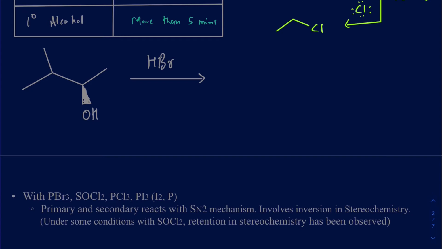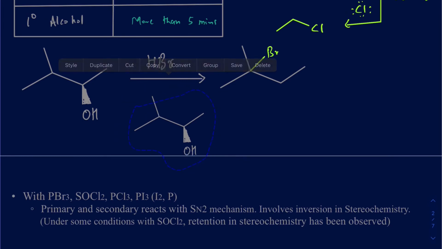Now, you may think that your product is actually going to look something like this, where the bromine is going to be attached here. But it's actually no, because once you make the carbocation, it's going to have a carbocation rearrangement to make a more stable carbocation, and as a result, your bromine is going to be right here. So don't forget that you can have a carbocation rearrangement, and the carbocation in the beginning, once you lose this